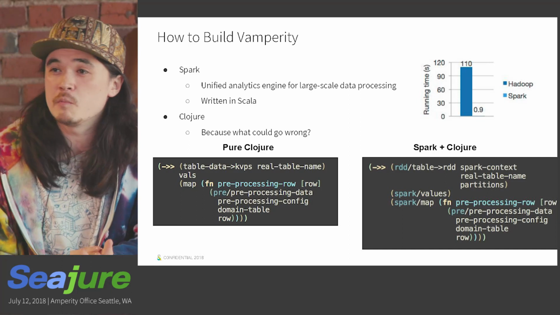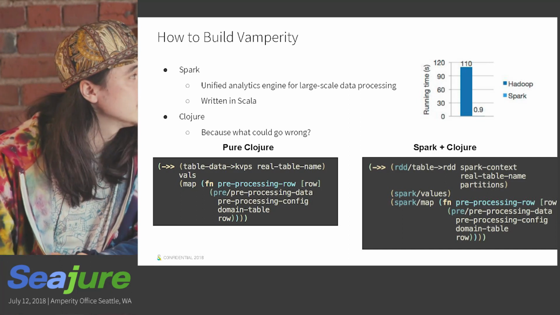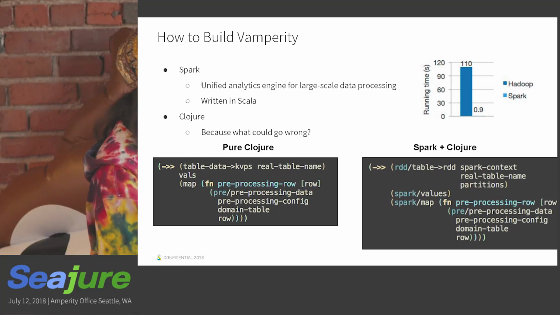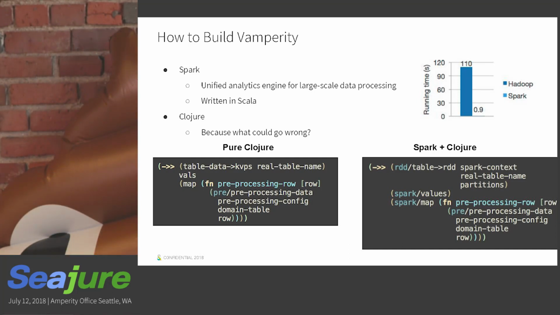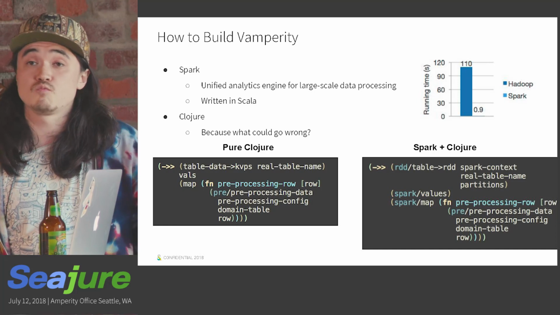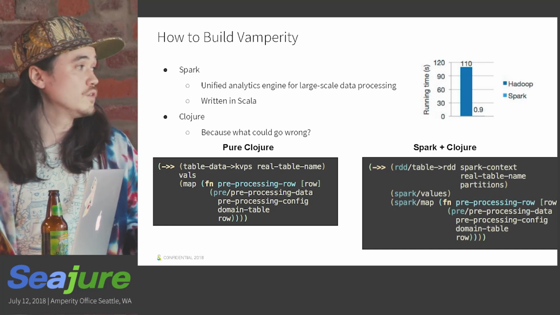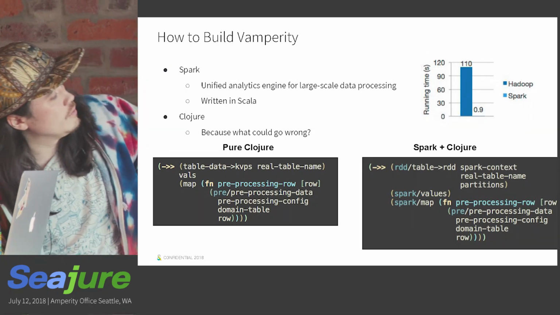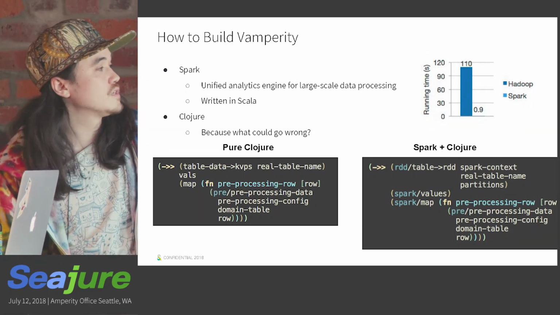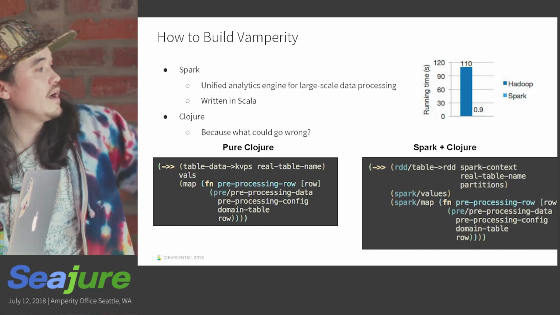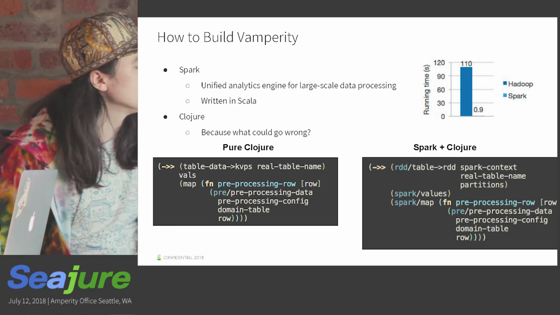And yeah, we're a Clojure shop. We love it and we live it. So when you take a first shot at it, Spark and Clojure make a lot of sense together. You take the pure Clojure solution to, say, pre-processing a row of data. That's something that Yan mentioned is really critical to the quality of result that you get and how clean that data is as it comes in. You read the table data somehow, you spit it out into a vector of key value pairs, or a sequence of vectors of key value pairs. You grab the values off of all of those, and then you run those through pre-processing.